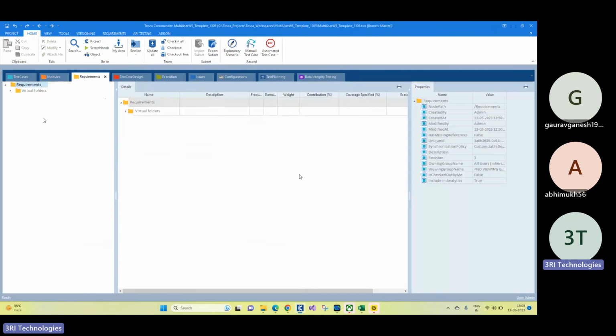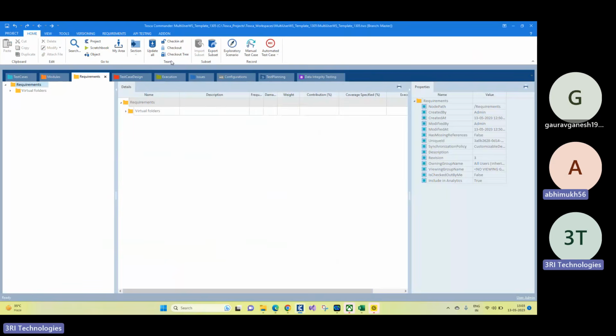Let's suppose there are 10 resources in my team working on their individual test cases, and they have done check-in all. I need to get the latest changes in my local workspace too, so I'll click on update all. Update all will fetch all the latest changes to my local workspace, and then I'll be able to see everything.